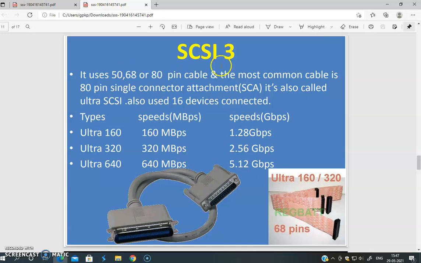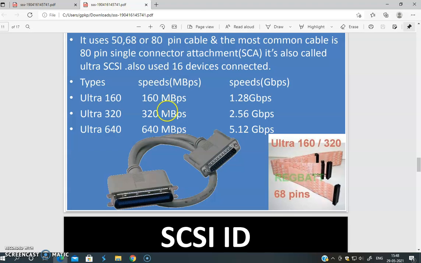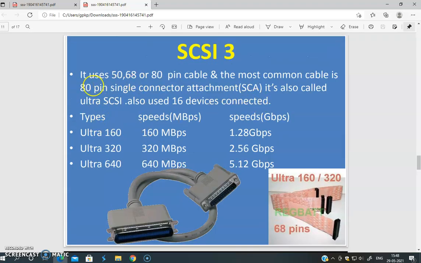SCSI 3, the next version, uses a 50-pin, 60-pin, 68-pin or 80-pin cable, with speed as per its versions. It is also called Ultra SCSI, and here you can see the types Ultra 160, 320 and Ultra 640.